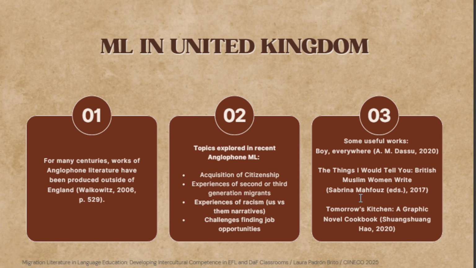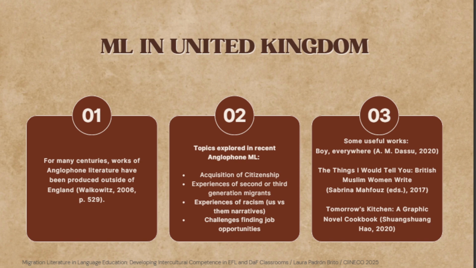In this case, they tend to struggle to find their identity because it seems that they are mostly torn between their family's culture and the UK's culture, which amplifies that absence of a sense of belonging to either one of those cultures. Moreover, we can find loads of experiences of racism, especially when it comes to people who openly practice other religions. In addition, another recurrent topic is the several challenges that migrants may face when finding job opportunities in the UK.